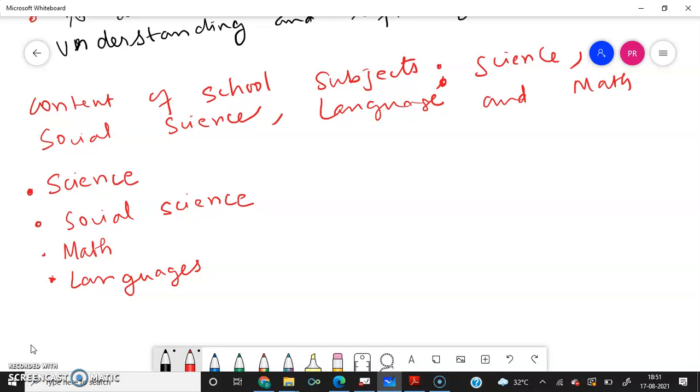Socio-cultural issues in language learning, then construction of language knowledge during the early years of life, age-wise language development, multilingualism and language learning, difference between school and home language, usages of languages, language development and cognitive skills, language usage in diverse social household. That is, in the household also we speak languages, but different. It has some slight difference. Then development of languages. So this is what we have seen, the content of school subjects.